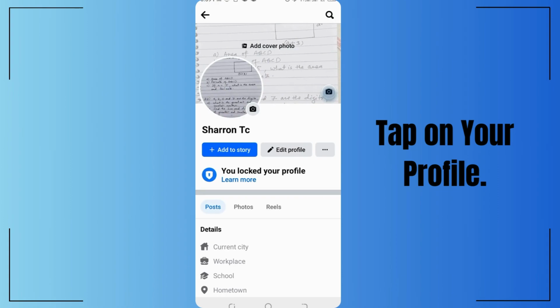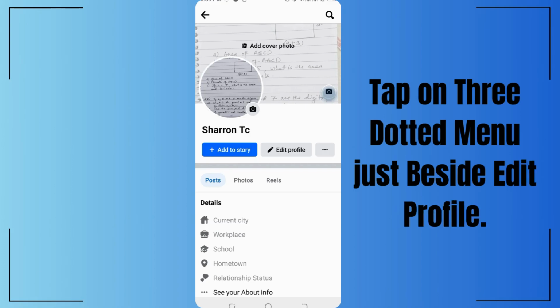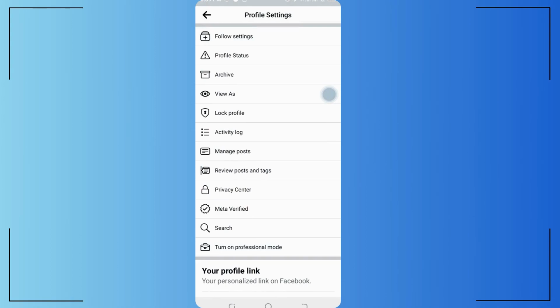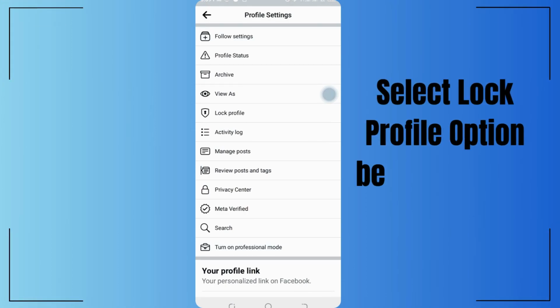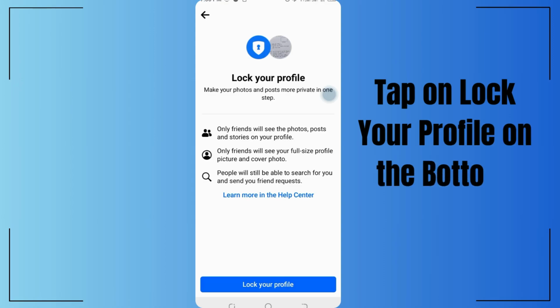And when you land on your profile, in order to lock your profile, we have to tap on the three dot section just beside the edit profile. And here we could see just below the view as there's a lock profile option right here. Select that option, and on the bottom you could see there's a lock your profile. Tap on that,